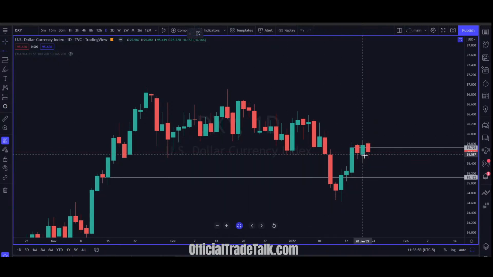So it should strengthen it. But at the same time, if oil and everything else is strong, that's going to weaken the dollar. So it's in this limbo range. You can go look at all your favorite guys on YouTube, all your fundamental guys. They're going to be split. Some are going to be bullish dollar, some are going to be bearish dollar. That's just the type of market we're in right now. Not everybody is on one side of this thing.